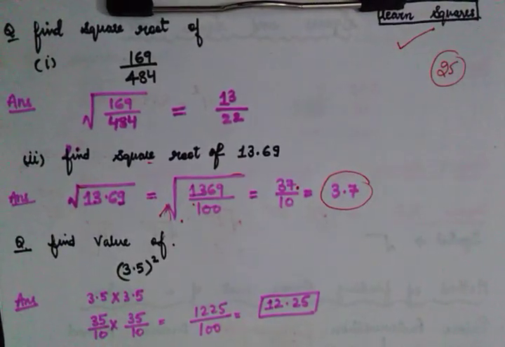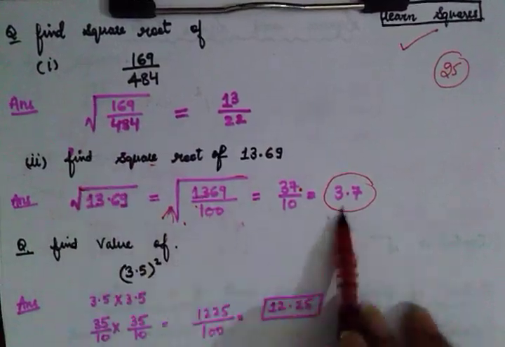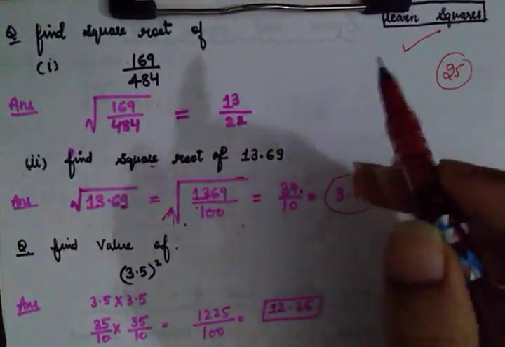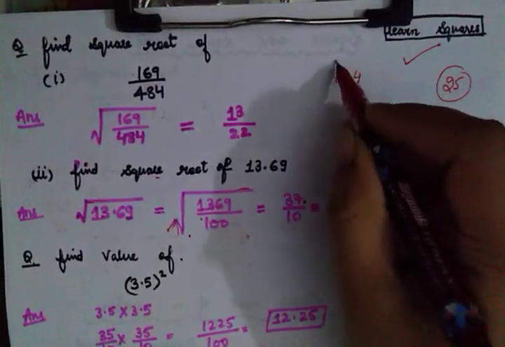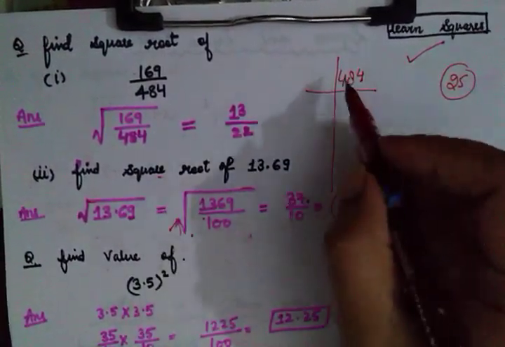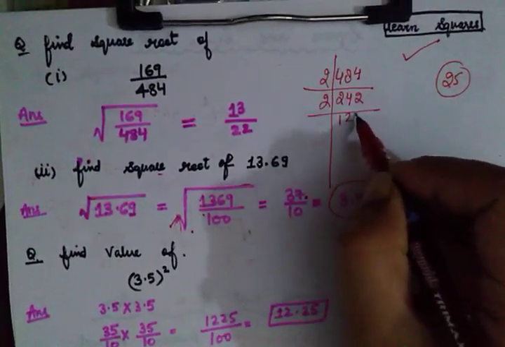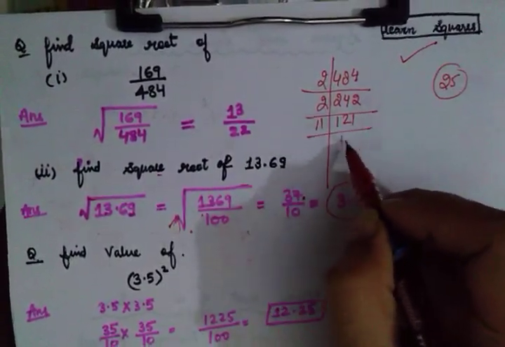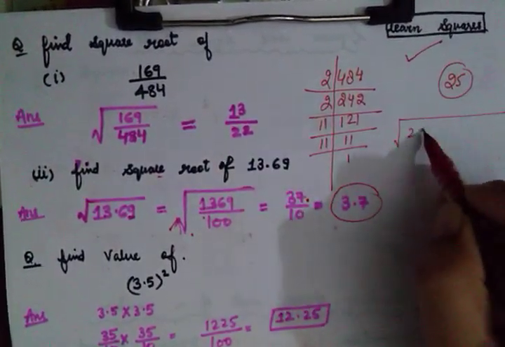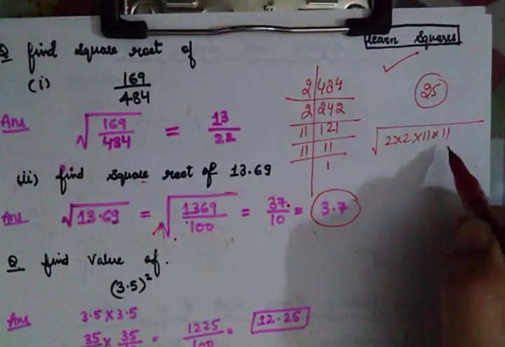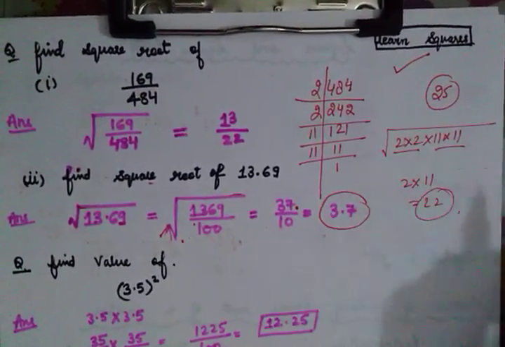Again, I am repeating. If you haven't learned the squares, then whenever you have to calculate the square root, you need to go by that long procedure. Like here it was 484. So 484, prime factorization technique I am going to use. Divided by 2, it will be 242. Again by 2, 121. Then by 11, 11. Again by 11, gone. Write the numbers, form their pairs, one number from each pair, and this is your answer.